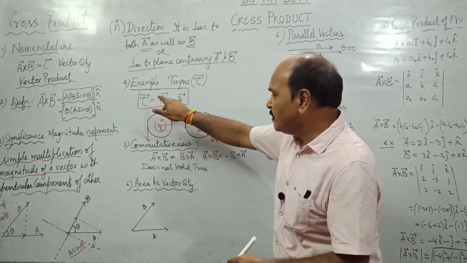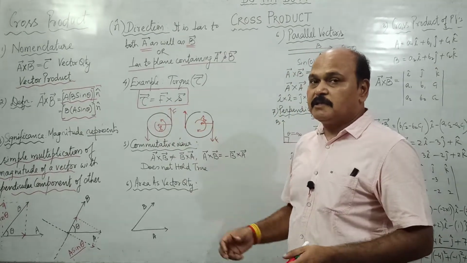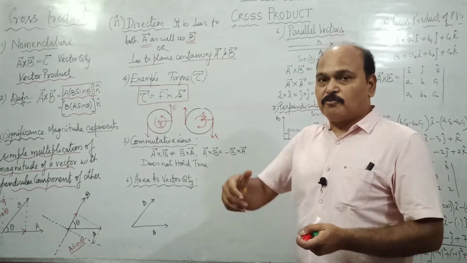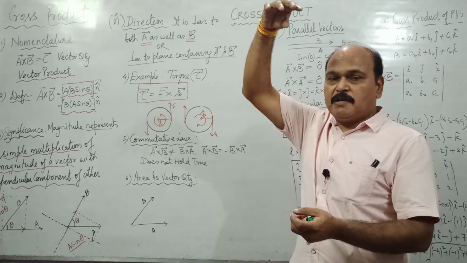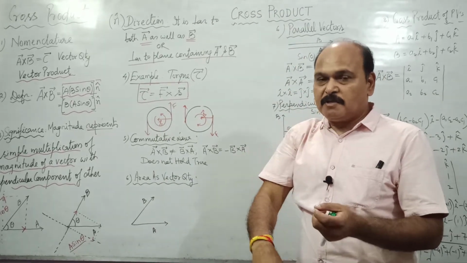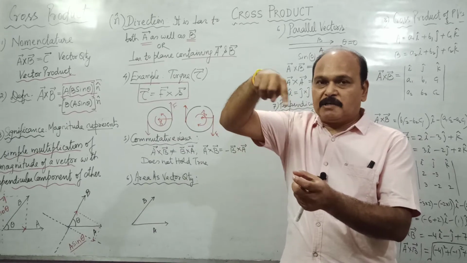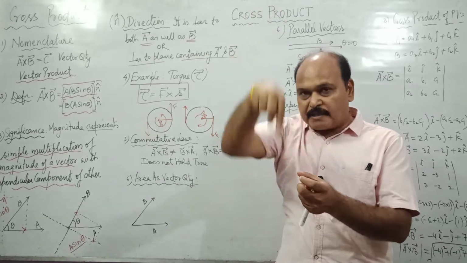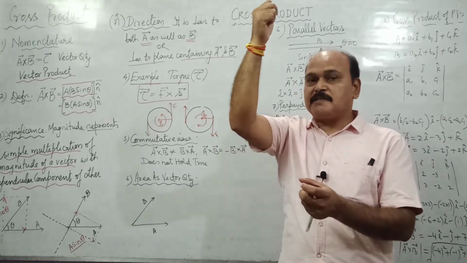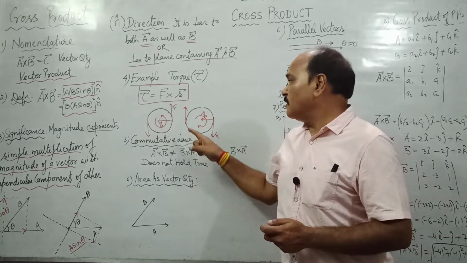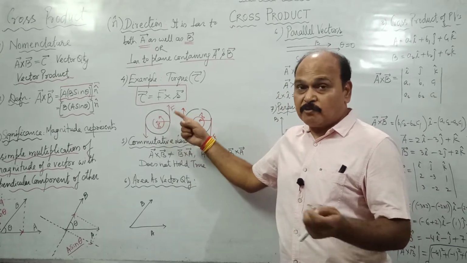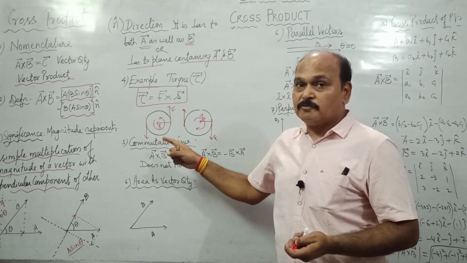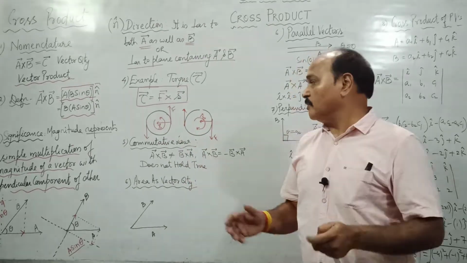Here also we apply a couple so that the screw rotates more easily. If we apply a single force, the torque generated would be lesser. So in every screw, if it rotates in the anti-clockwise direction, it moves up. If it rotates in the clockwise direction, it moves down. If the head of the tap rotates in the anti-clockwise direction, it moves along the axis up, and if the head rotates in the clockwise direction, it moves along the axis down. So this movement along the axis, up or down, is the direction of the cross product of F and S. And that direction is perpendicular to both F as well as S. I hope it is clear to all of you.